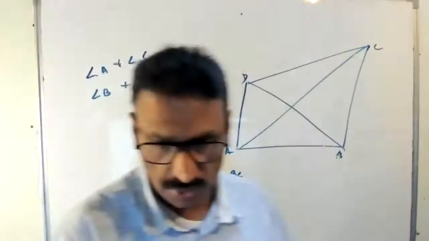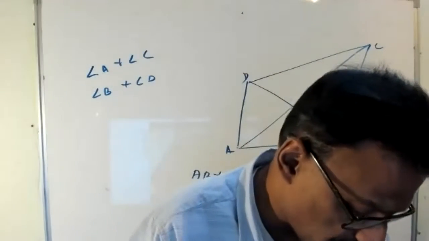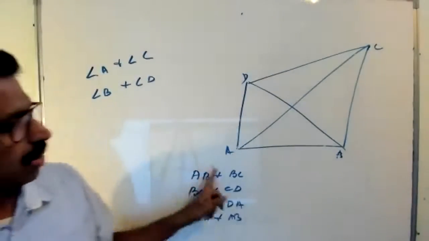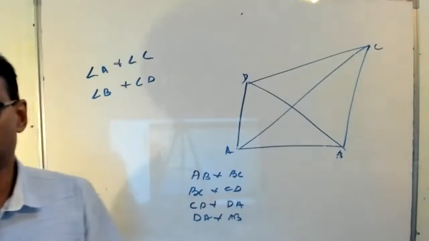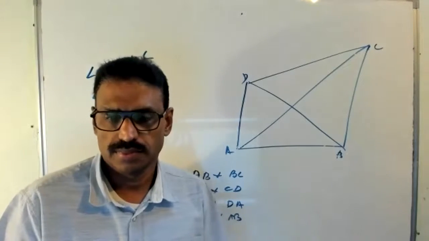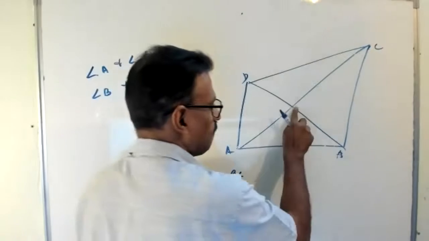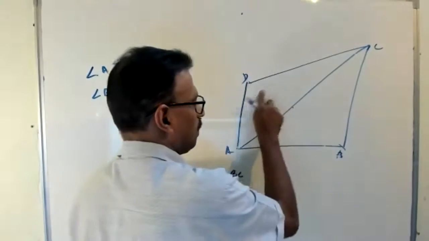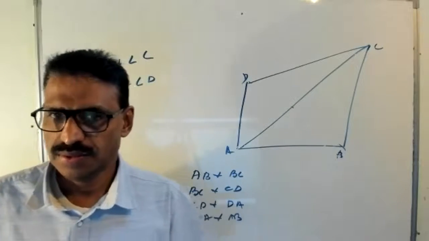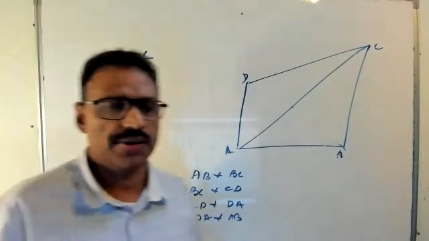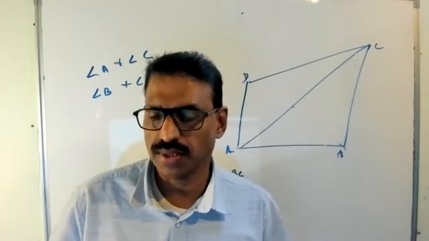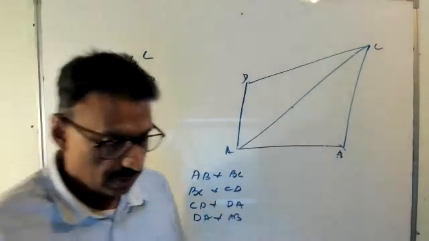Okay, clear now? So these are the common features of a quadrilateral. Then another thing. When we add all the angles in a quadrilateral, what will happen? Hey, come on. The sum is 540. No. Look here. A quadrilateral, how many triangles here? Two triangles. One triangle total how much? 180. Two triangles means what? 360.